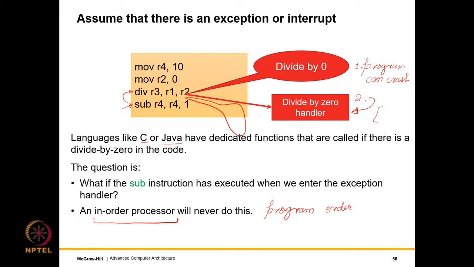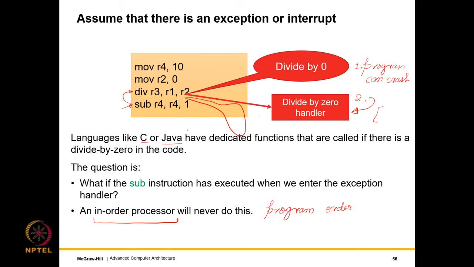So if there is a problem in the division instruction, it will immediately stop the execution, not process the subtract instruction at all, move to the exception handler, do whatever the exception handler says, right? And the instructions in the exception handler, execute them, come back, and then execute the subtract instruction.